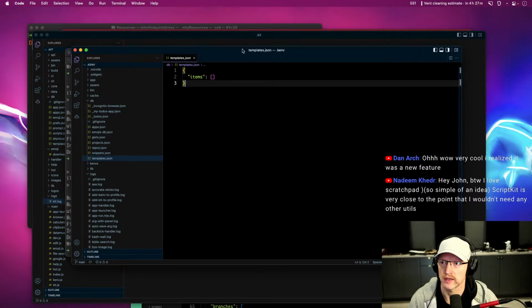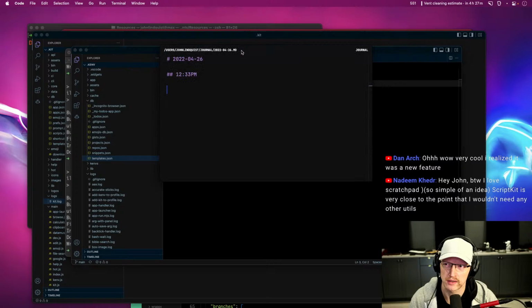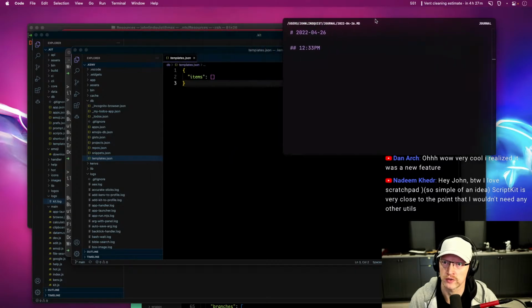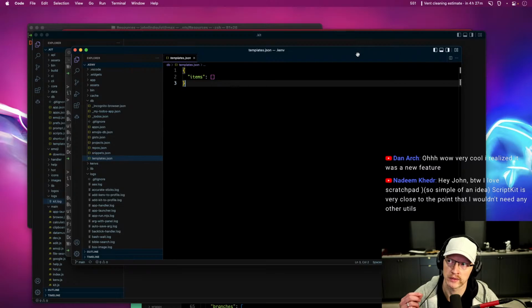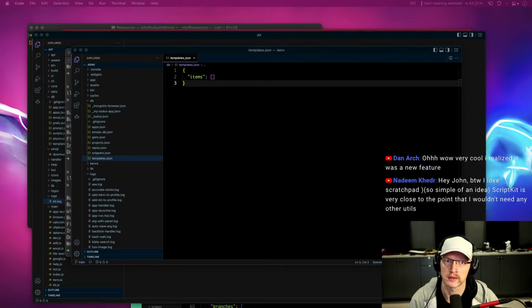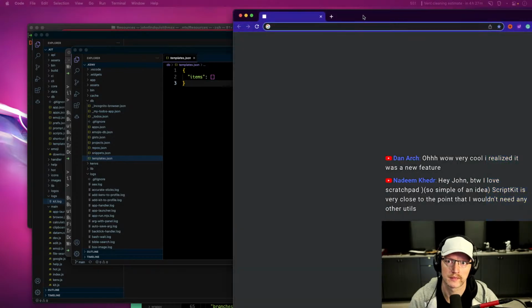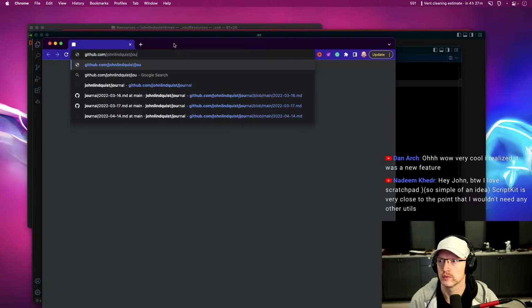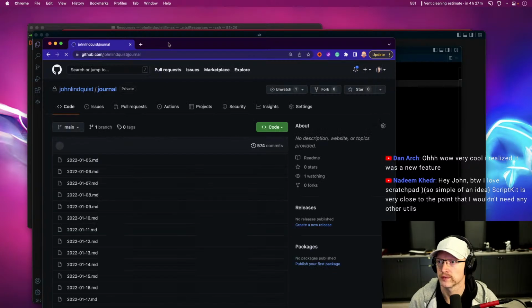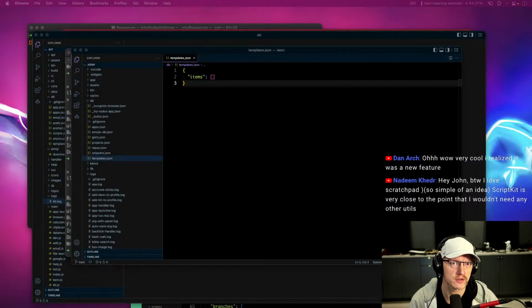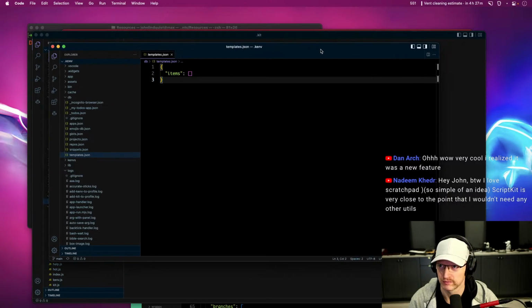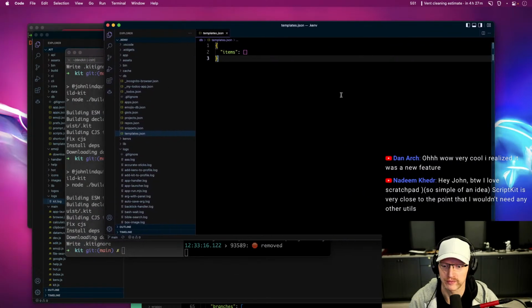So I don't think I've written in my journal today, but this is my shortcut for launching a journal. And each time I write something, it will commit and push it to a journal. So you see all these markdown files. I'm not going to open my journal on stream. That's for the $1 million subscribers, or I don't know. Anyway,